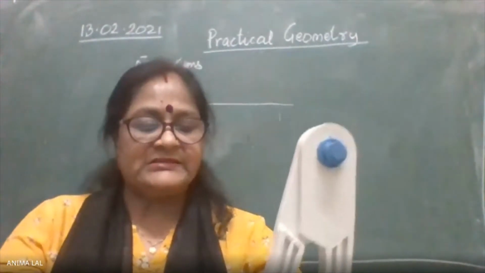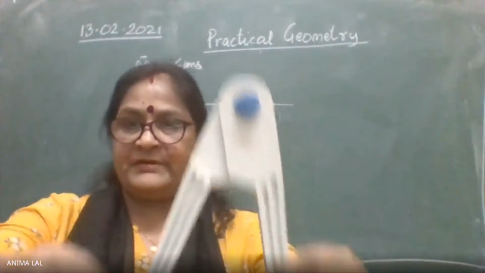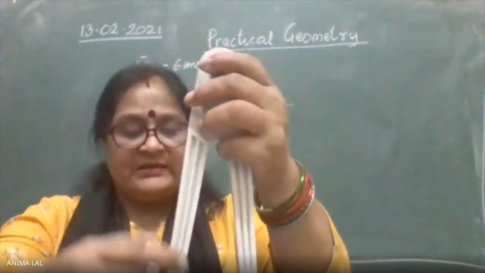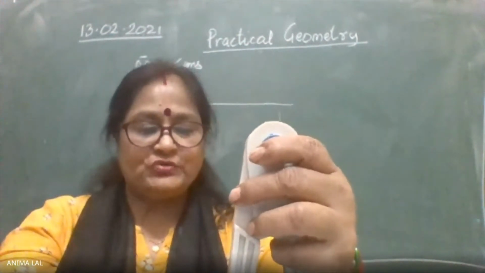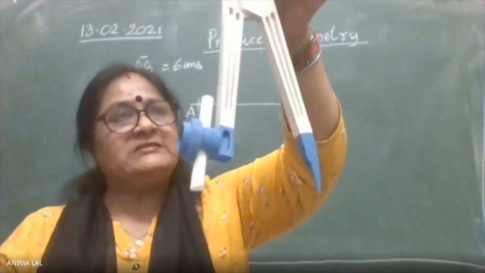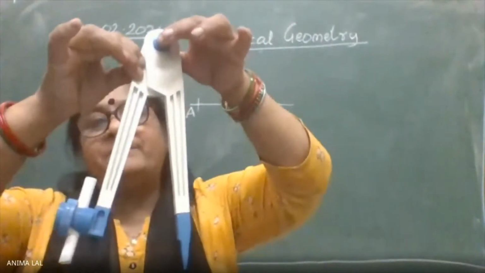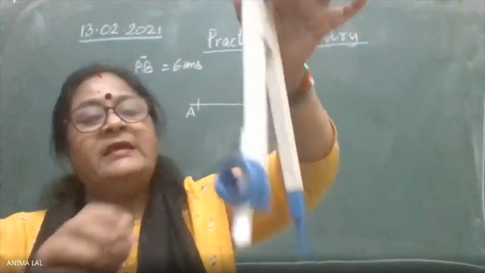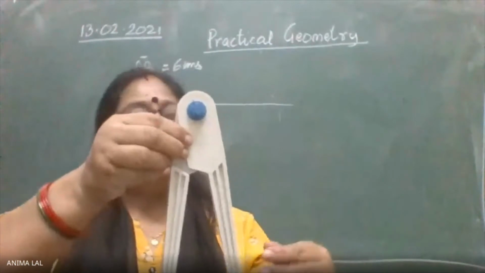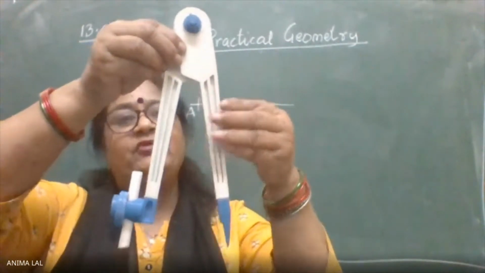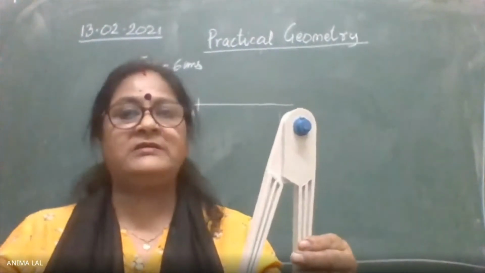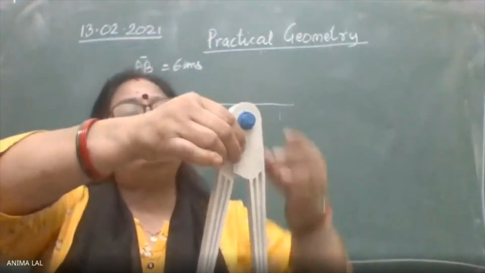Open your compass, opening it this way. That means we are taking a radius. Take your pencil point to 6. It should come to 6. Okay, 6 centimeters. Make sure the arms of the compass are fixed properly. That means once you take the radius, this should not move. Arms should not move. And don't hold the arms. If you hold the arms, you may make a mistake. We are going to make accurate drawings, so for that, hold the handle of your compass.